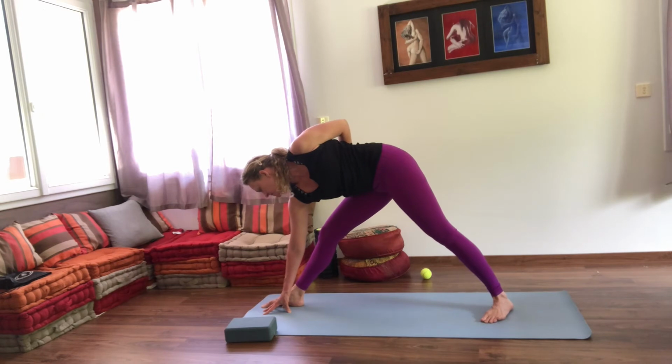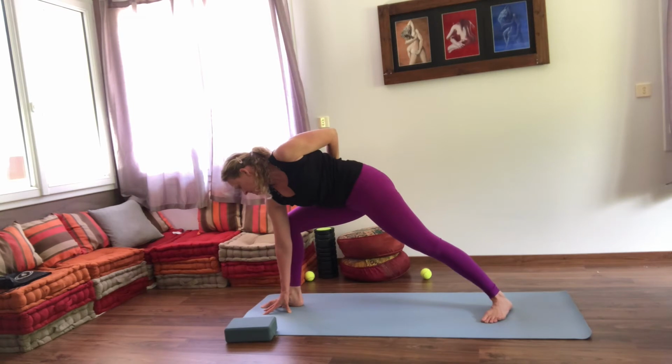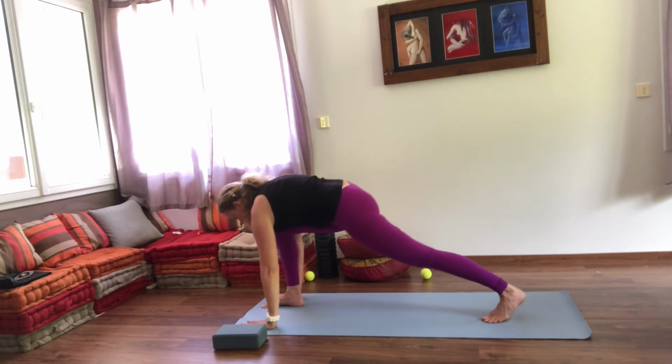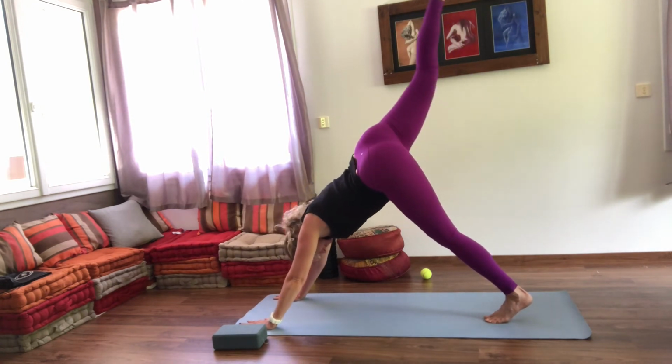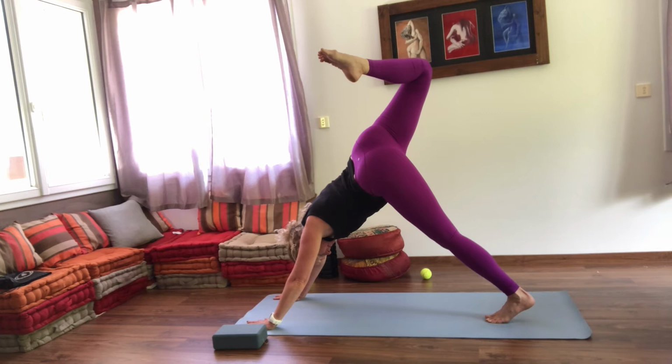Look to the floor now and straighten your front leg. Be sure that your front knee is supple, it's not hyperextended. Then rebend the front knee and gently release your arms back to the floor. To a downward facing dog, right leg rises, bend the knee, open the hip, hold for a moment to really